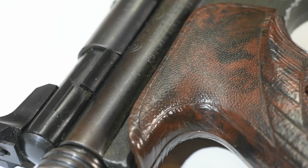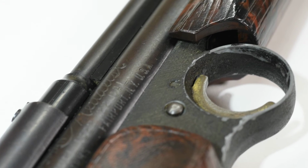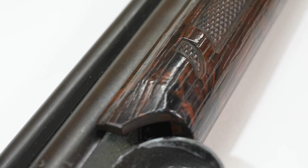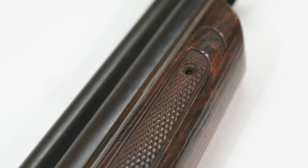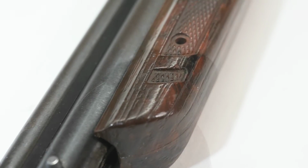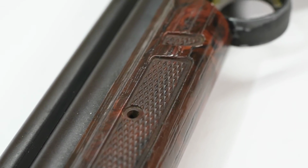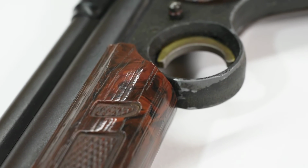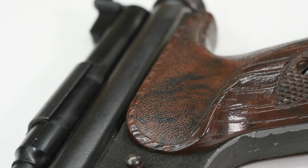So there we have it. 3 very similar guns. Mine, which is the middle one in age, is clearly not performing well. I would love to wonder how it would do if I could refresh it with fresh seals or maybe new parts, new valve even. But the trouble is you can buy that gun brand new for $70 these days. Saw them on sale just the other week. And I just can't see any sense in spending that kind of money on this gun that I really don't shoot that much. I have other air guns that are